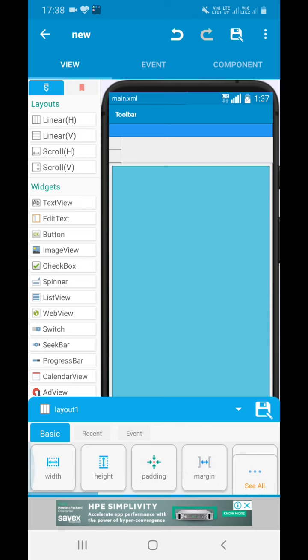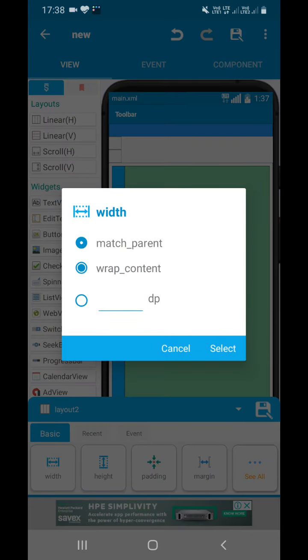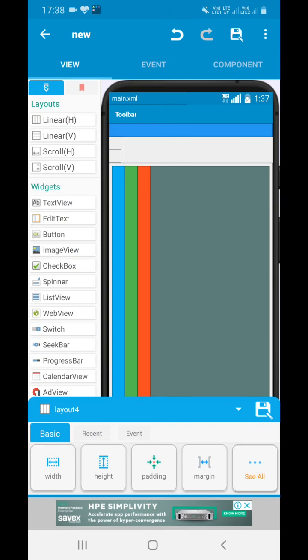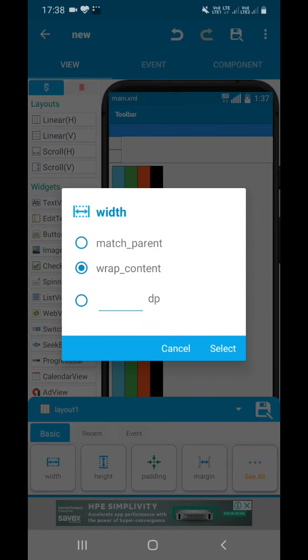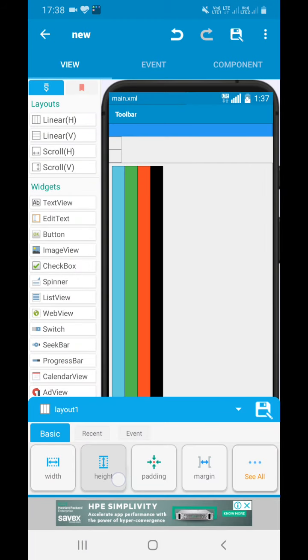Now layout 1, I am making all these as wrap content so that it's easy for you all to understand. So add 4 linear views, 1, 2, 3 and 4. All these linear layouts' height and width will both be match parent.